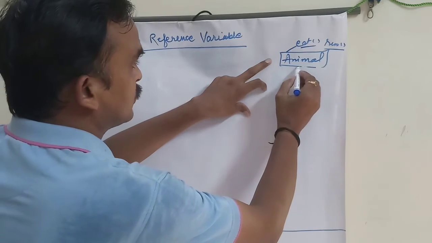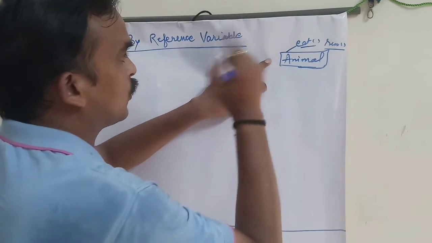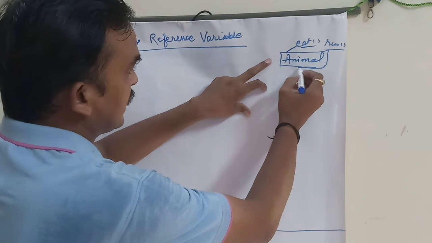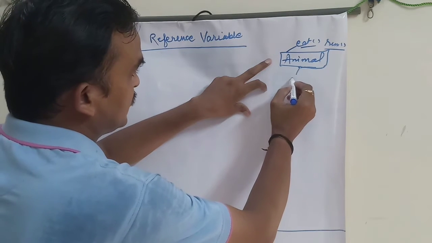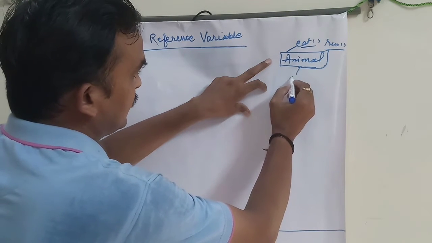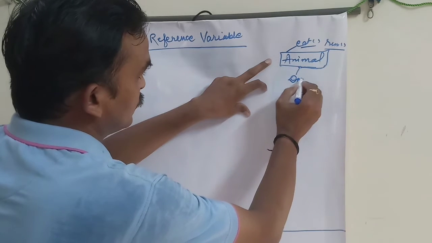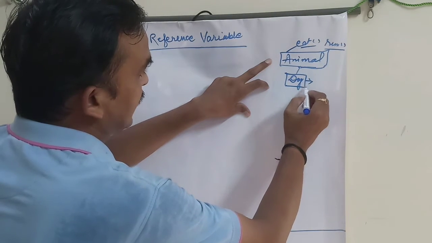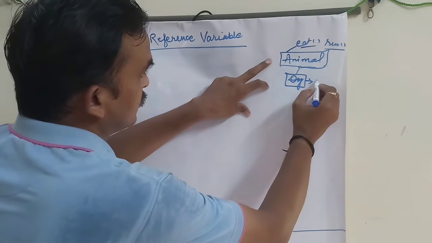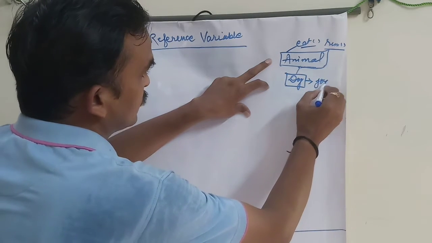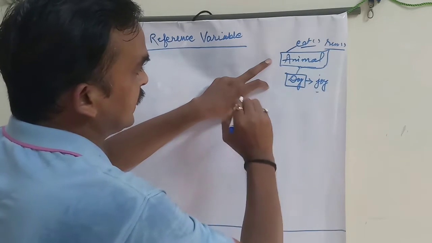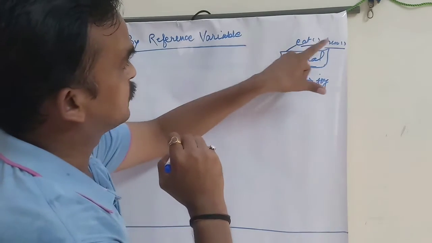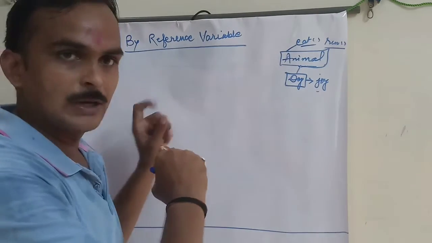The condition is also there that these methods will be called or accessed by the object which has been created from the class. So the class is Animal and the object is a dog. We named that dog Joy. So Joy is basically the name of an object which is capable of accessing these methods. Now we will see it in the program.